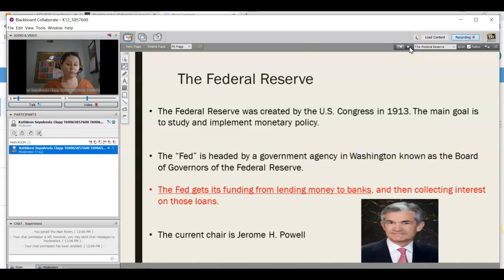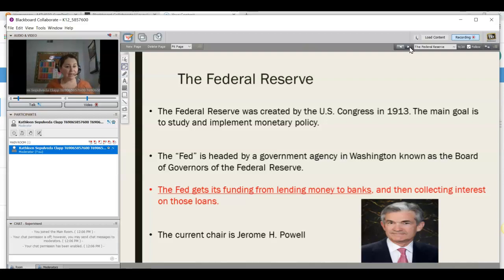So let's go ahead and jump right in here. So what is the Federal Reserve? Well, the Federal Reserve was created by the U.S. Congress in 1913. There had to be some regulations on our money. We couldn't just keep printing money. And what happened, especially during the Civil War, is we had people just printing money, and if you print money, it's going to be valueless. Okay, and so you actually had to only print for what you can back. And so the Congress in 1913 decided to establish the Federal Reserve. That was a place which would print money only if we were able to back it.